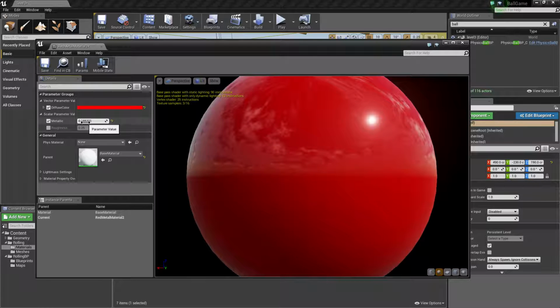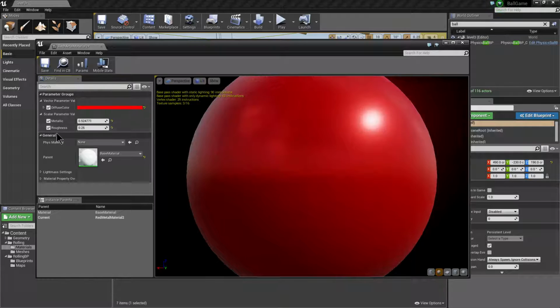But actually what tends to look quite nice is if you bring the metallic up a little bit, and then imagine like you've got a nice shiny sort of metal ball there, and you then get a bit of sandpaper and kind of rough up the edges of it. This is what the roughness setting does. So you can see no roughness, it's nice and shiny. You add roughness in there and it gradually kind of diffuses the shininess. So put it something like that. Hit save,